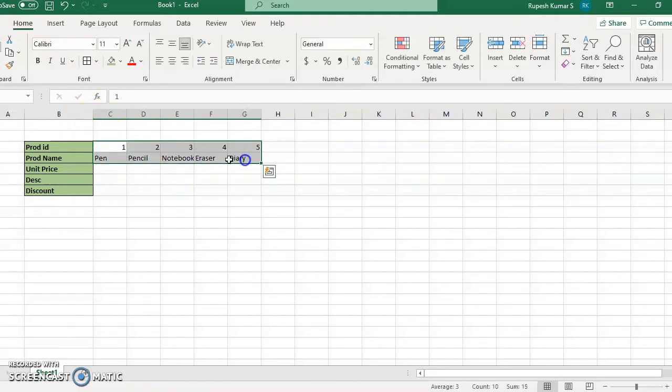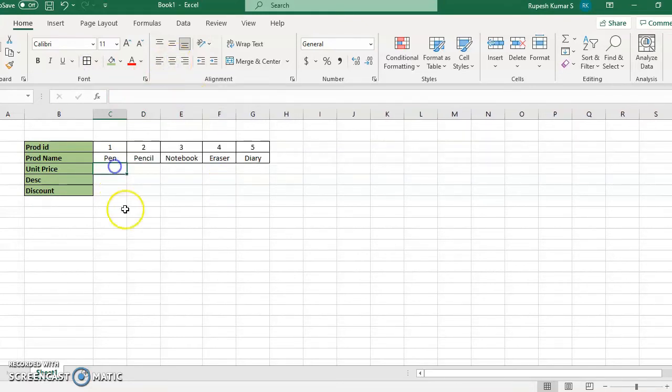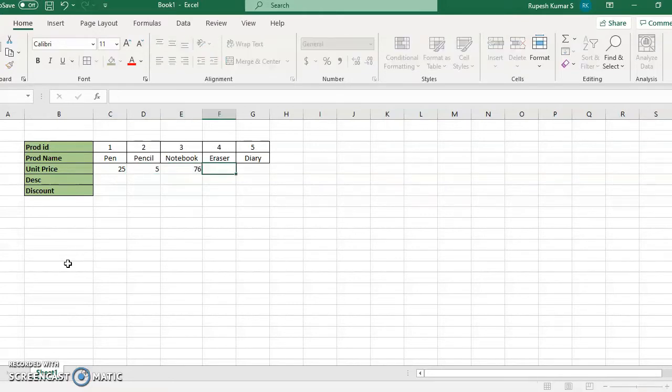Suppose we are selling these 5 products and the names of the products I have mentioned here. Unit price for each of the products, pen 25 rupees, pencil 5 rupees, notebook 75, eraser 4 rupees each piece and 150 for diary.